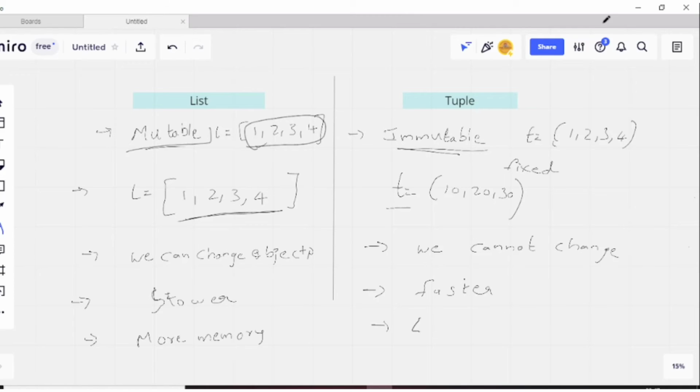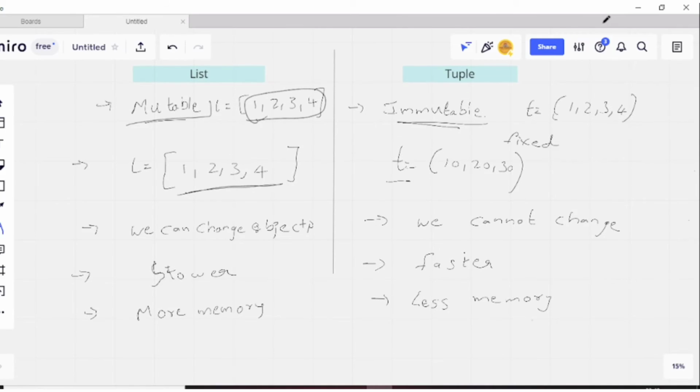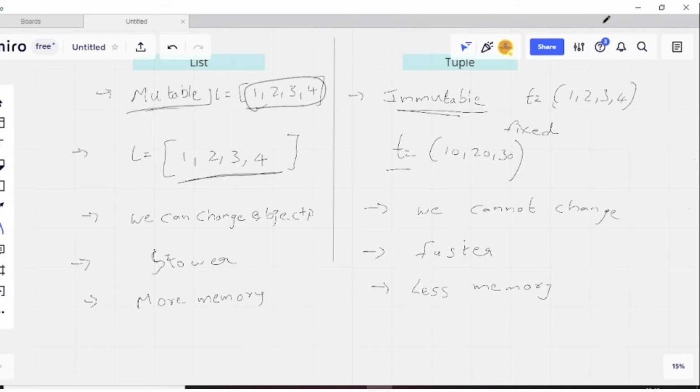Coming to the tuple, it will consume less memory compared to the list. Slower and faster iterations.